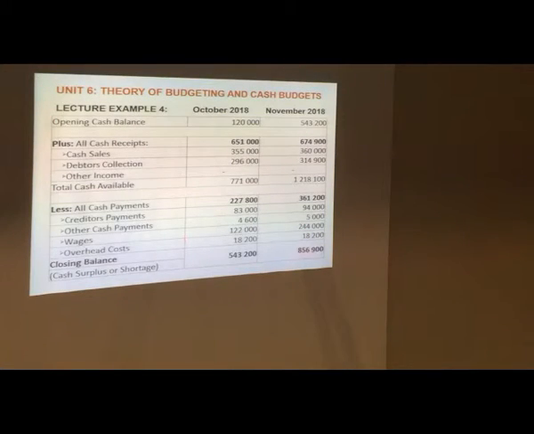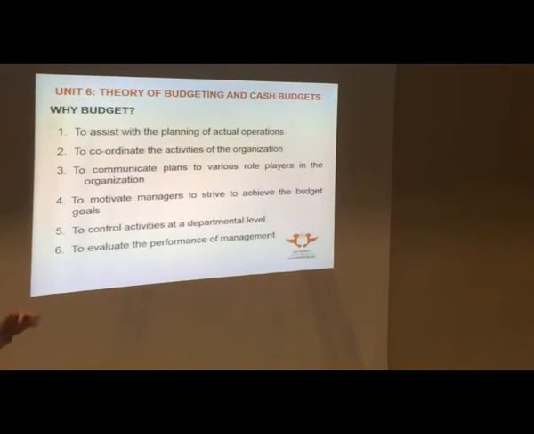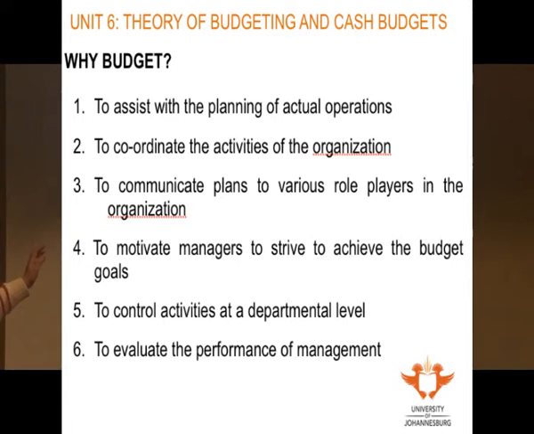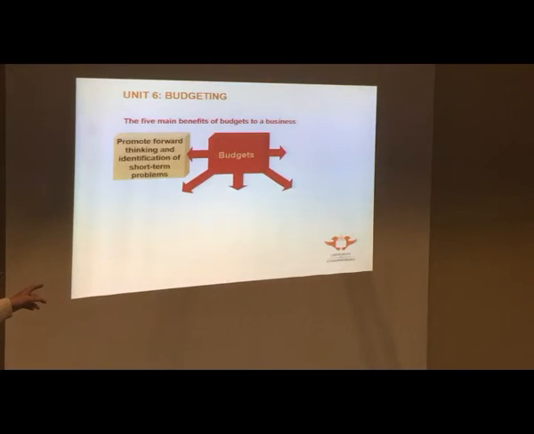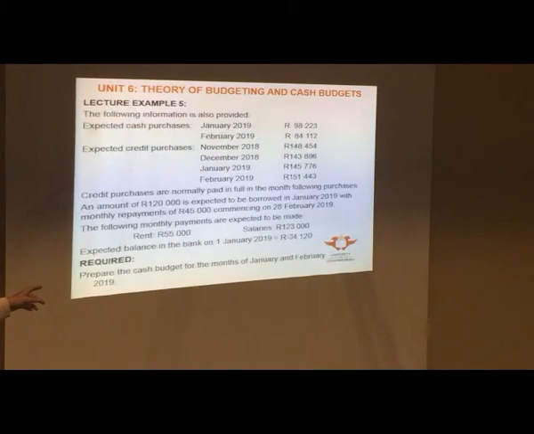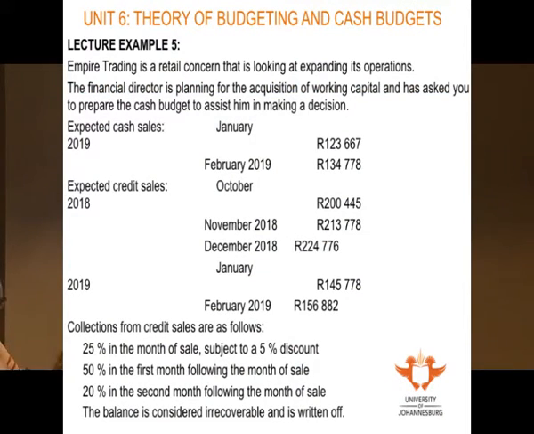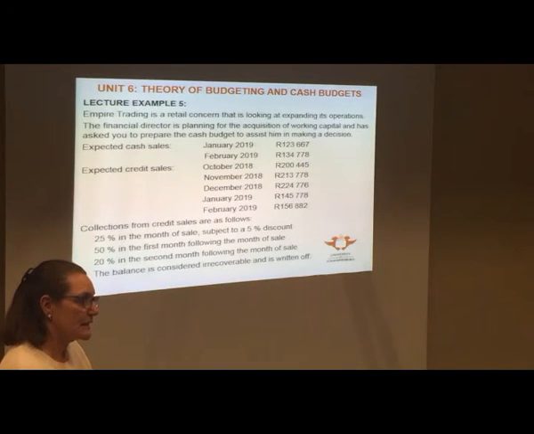Okay, so when I get asked to do a cash budget, that's how I do it. Okay, but you can do it either way. Either way will be marked. Either way is correct, not incorrect. Okay. Any questions? Okay. I think I'm going to leave you to just work through the rest of the slides and to do lecture example 5, which is coming up now. Okay. So lecture example 5 is on the last page, and it's quite a detailed example. I would suggest you go through lecture example 2, 3, and 4, and then try and do lecture example 5 on your own, and then look at the slides and see how you managed.